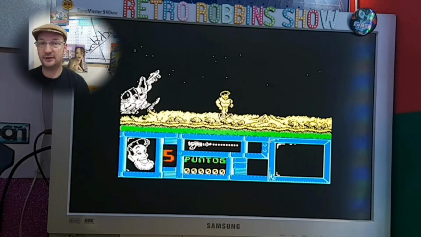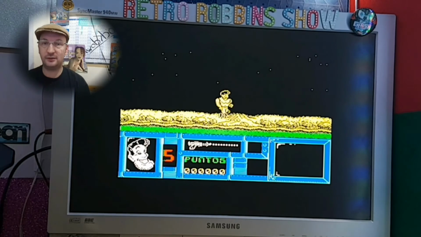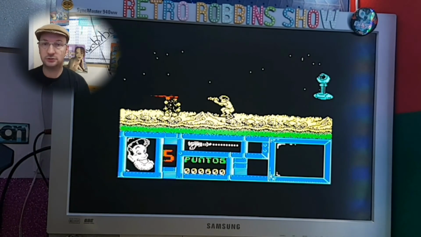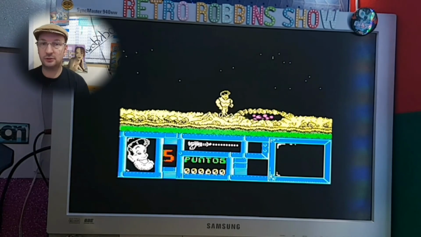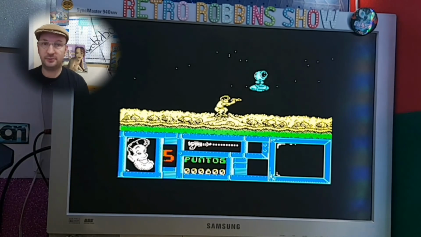How about that? So the first part is just basically running along on a normal platformer. You can kick things in the air, you have to kick, things on the ground you have to shoot. There we go. Once you get over that part, you possibly...